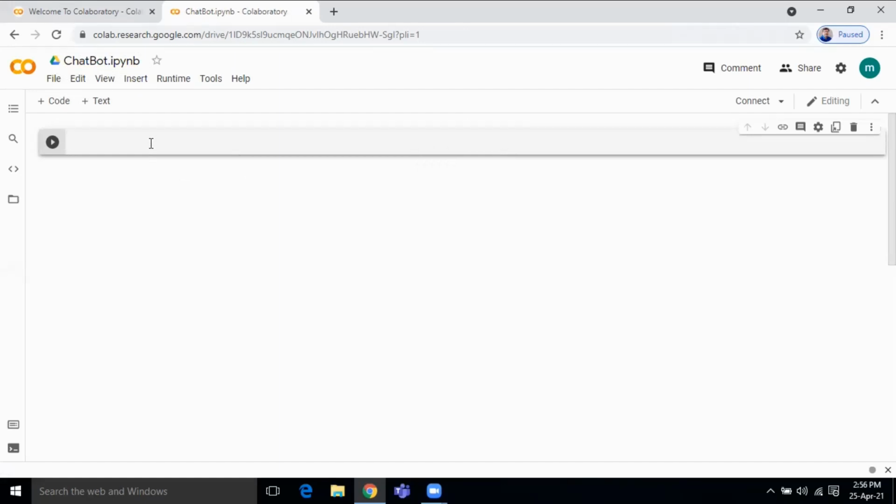Before importing the NLTK toolkit, we need to train our bot. That means we need to give some data: for which question or request it has to respond, and what it has to respond. This should be written by the programmer.